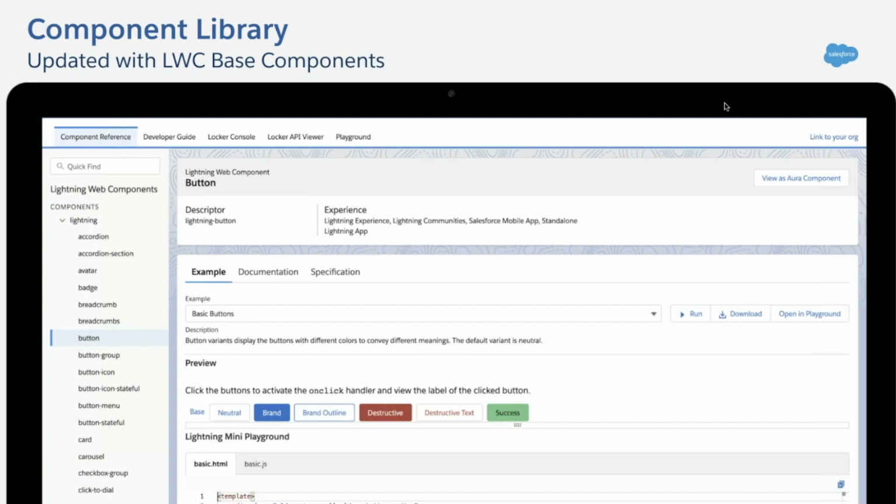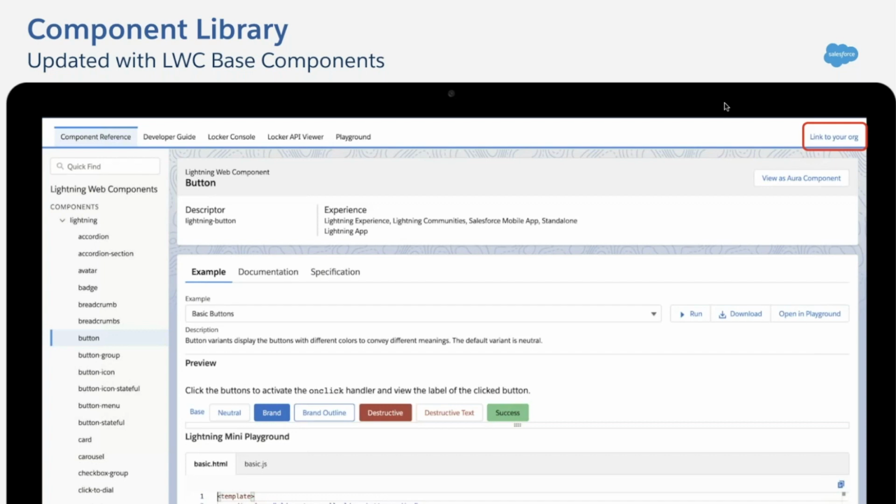And you can also see the Aura version of the component by clicking the View as Aura button there, and then you can also link your component to the org, in which case you can also see the components that belong to your org, your own custom components. Not only that, the component library also has a developer guide where you can find information about Lightning Web Components.